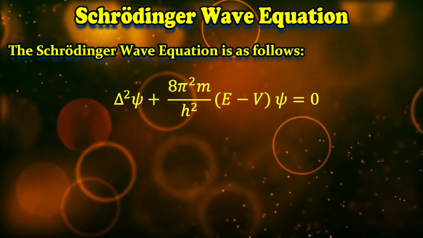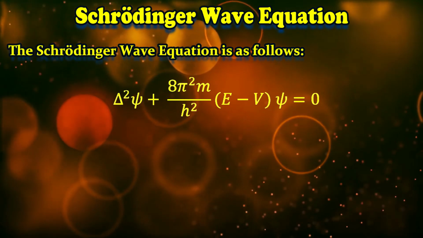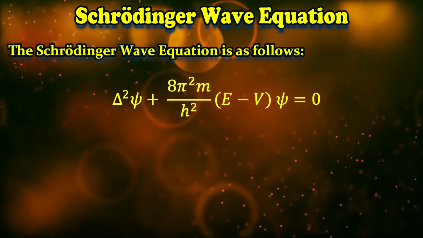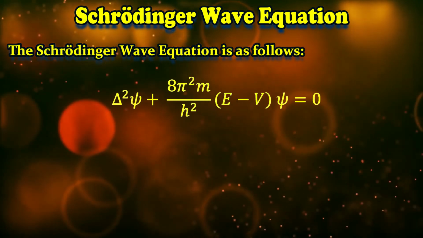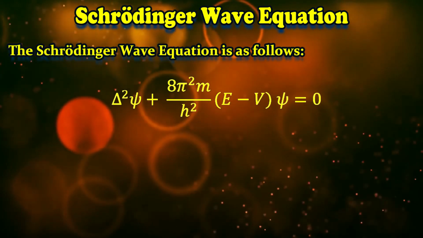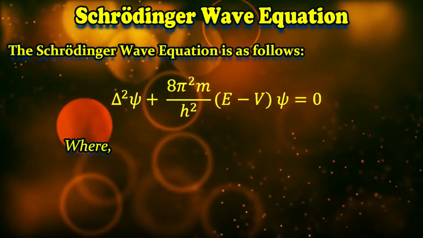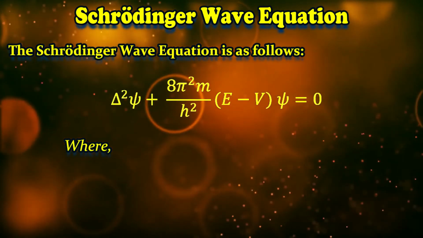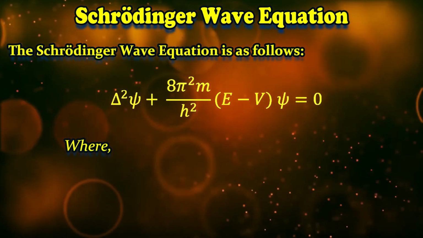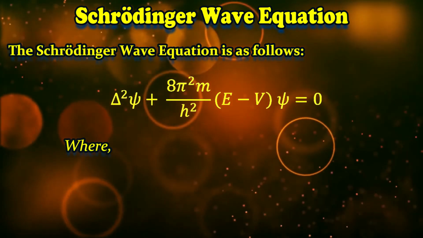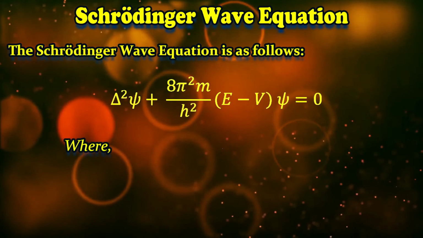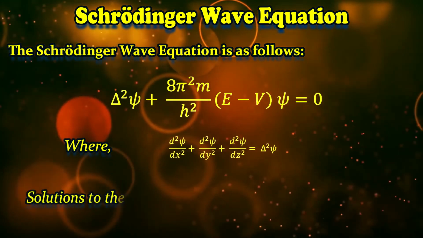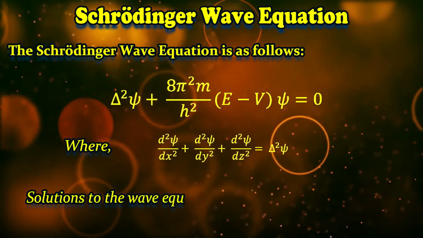So what Erwin Schrödinger has done, after his calculations, he has shown that the wave function psi will be similar to that of the probability of finding an electron in a region around the nucleus. That means psi will denote the probability of finding an electron in a small region around the nucleus inside the atom, right?